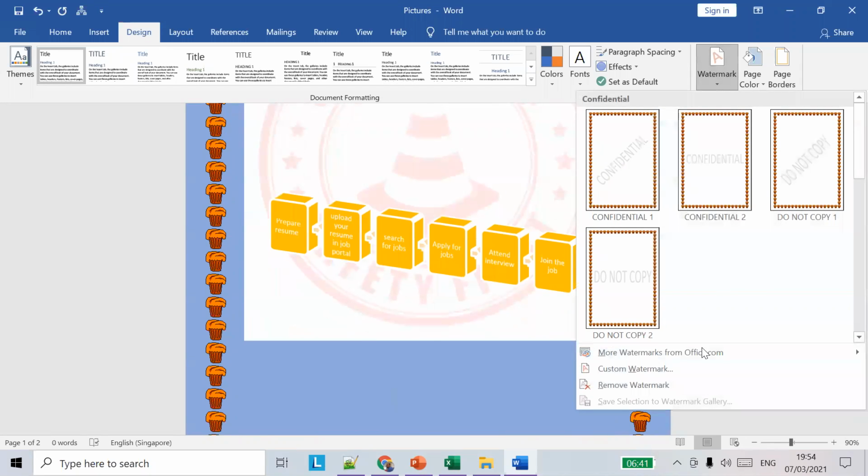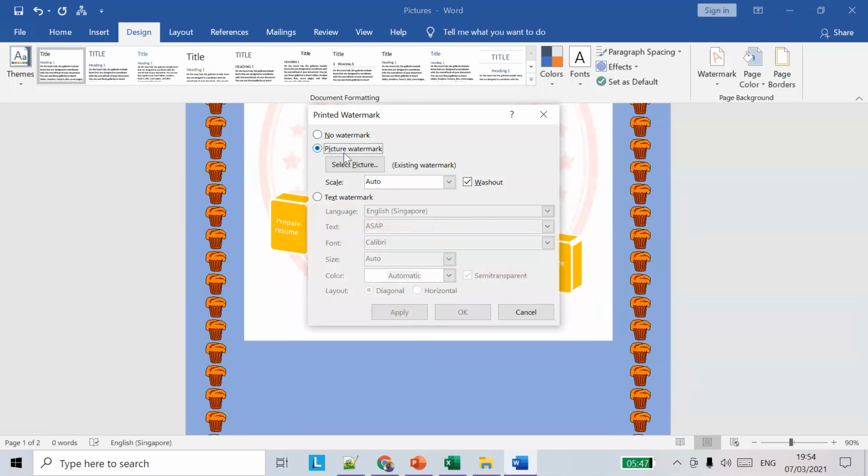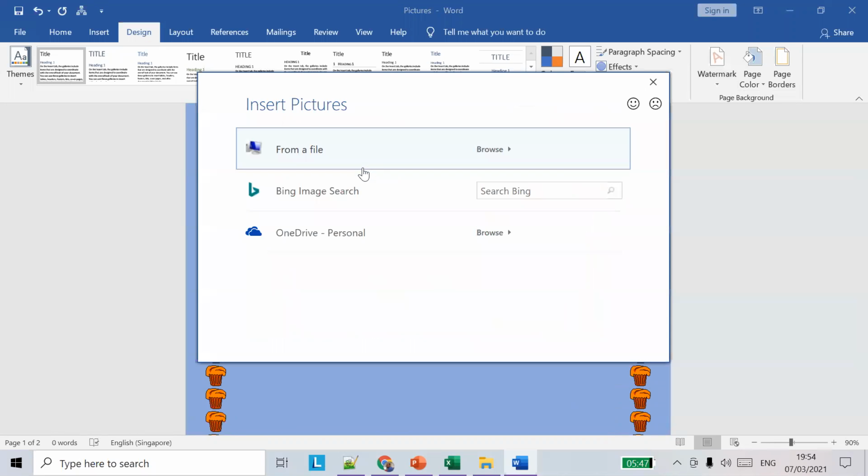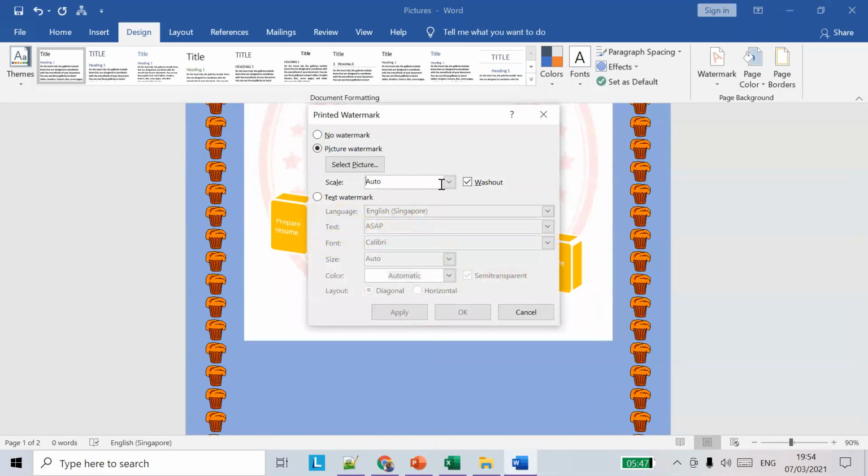I went to picture, select picture, and took it from this file. So this is for placing a picture as a watermark. And also if you want a text watermark, you can type the text here. So you can type something like